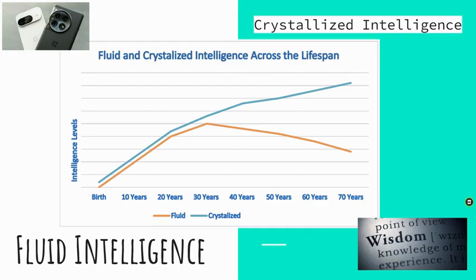So the best comparison I can make is think about the difference between you getting a new iPhone and your grandmother getting a new iPhone. Who is going to have an easier time navigating and understanding how to make phone calls, how to download apps, how to interpret the interface of that app? So that's fluid intelligence. Just like fluid we drink, as we drink, it goes away. Same thing with fluid intelligence. As we get older, we are drinking more and it's going away. Our fluid intelligence decreases with age.